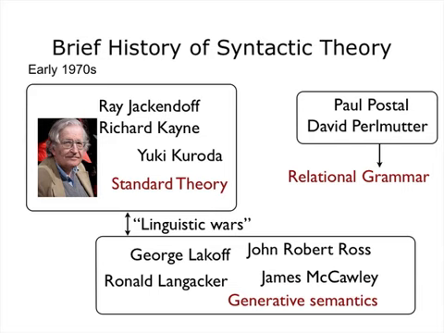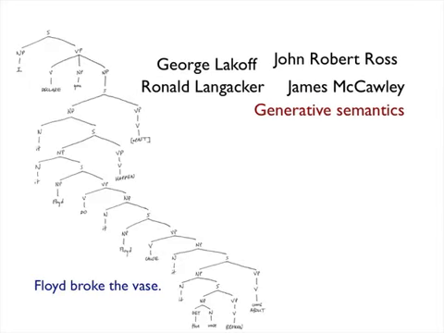Paul Postal and David Perlmutter. Postal is just a genius, knowing more about the structure of English than probably anyone. These guys take off and devise a whole new theory that keeps almost nothing from the original theory. The generative semantics people, who were accused of smoking a lot of pot, came up with deep structures for sentences like Floyd broke the vase, where the meaning of that is really, I declare to you that